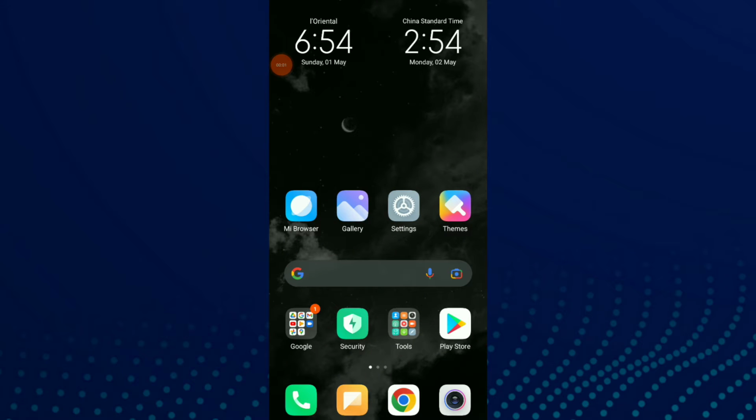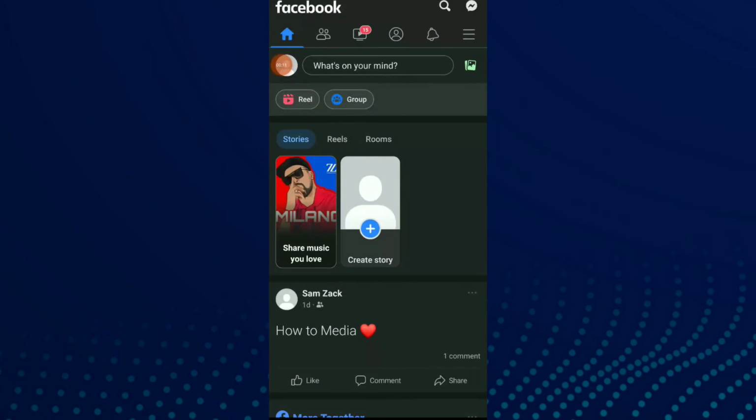How to hide all your posts at once. Hi guys, in this video I will show you how to hide all your posts at once. Easy and quick. First thing, go to your Facebook app and here click on those three lines up there